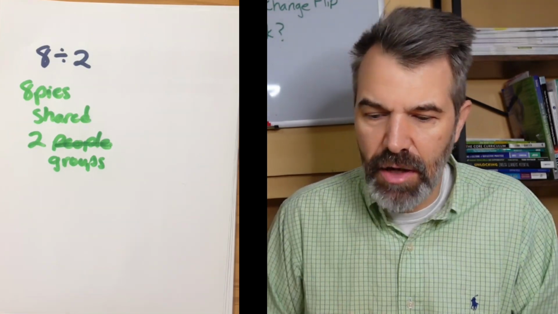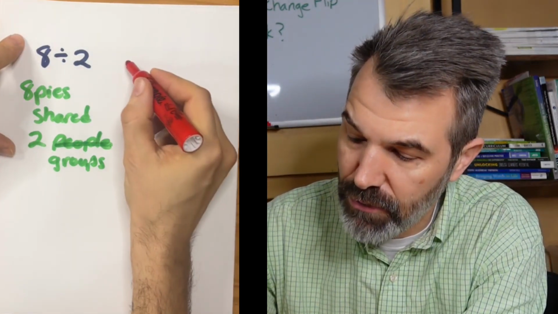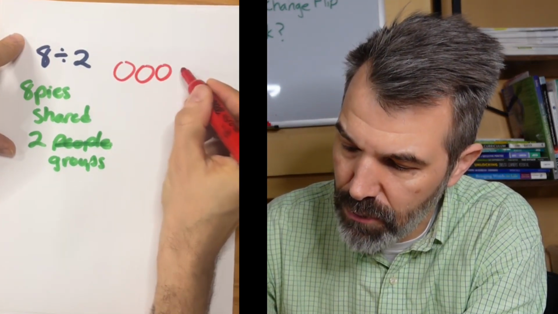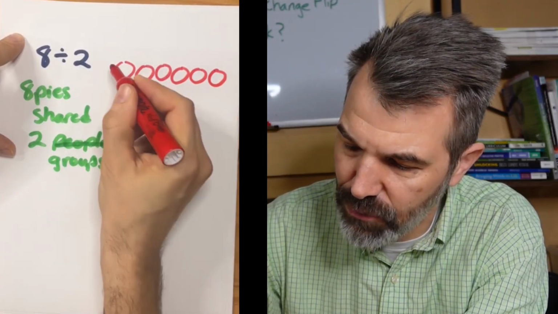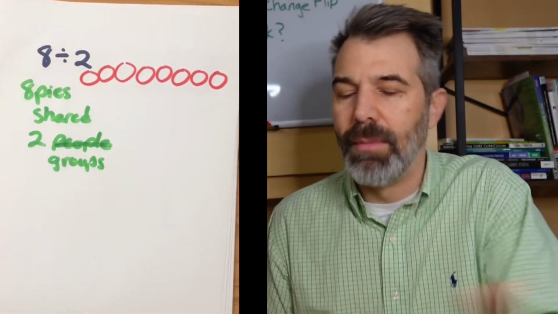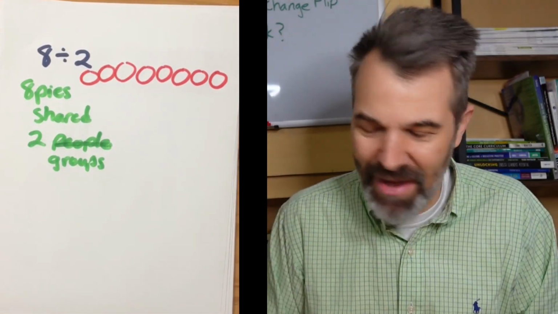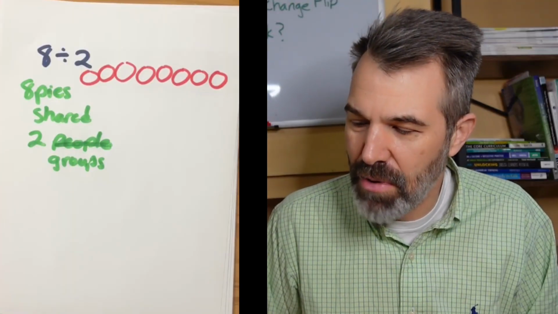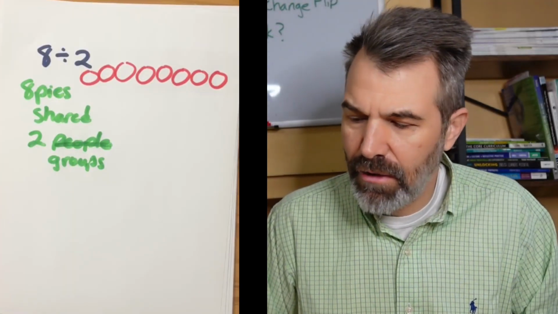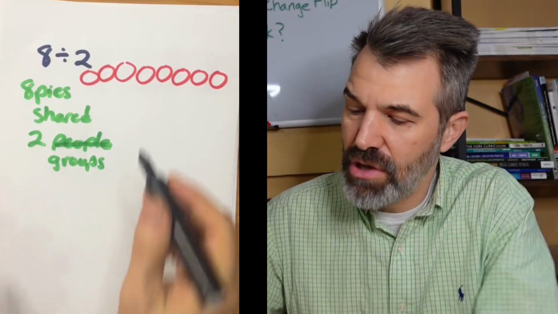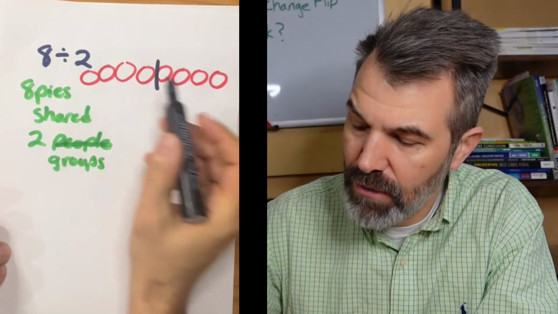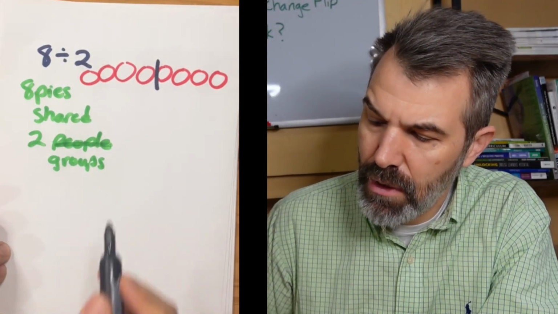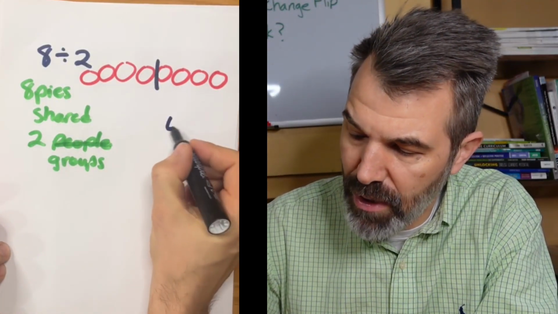Let's come over here and think about that. So let's talk about 8 pies. So here's 1, 2, 3, 4, 5, 6, well, hold on, 7, 8. Maybe not organized, but there's my 8 pies. If 8 pies are shared with 2 groups, it's going to be 4 pies